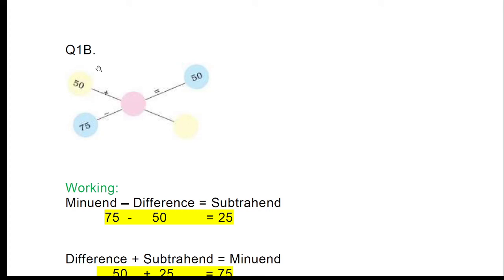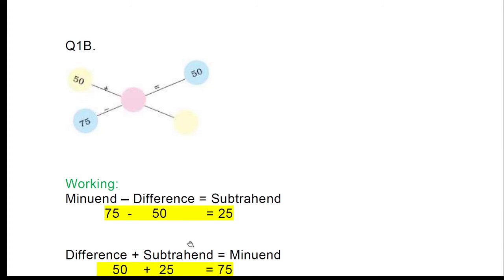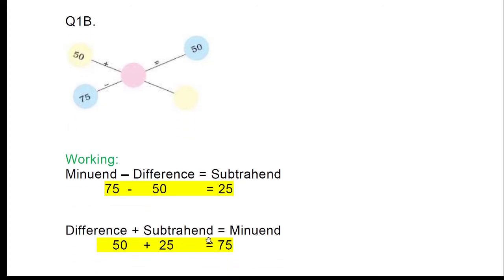So children, look here. Here in this question you have two blanks. So first you will not do this. Here you have only one blank. So you all know minuend minus difference equals subtrahend. So and difference plus subtrahend equals minuend. So what we will do,